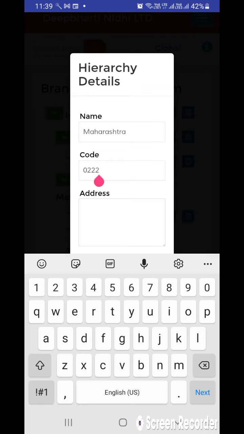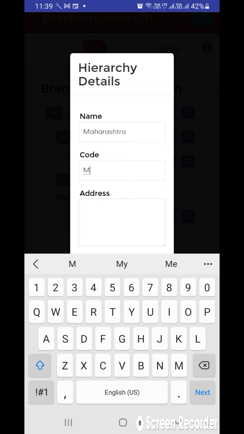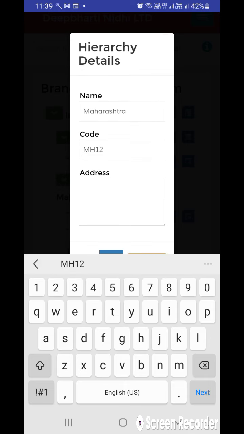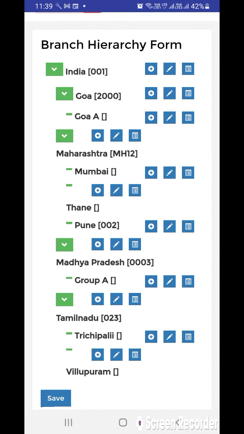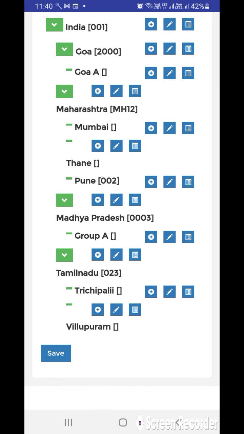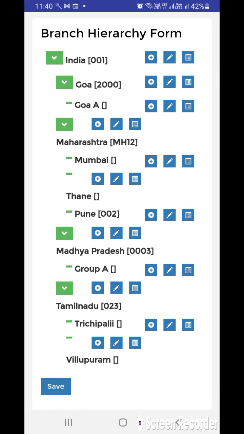I will just edit this and let's keep Maharashtra MH12 and just click OK. All this I have created and we can save this code.